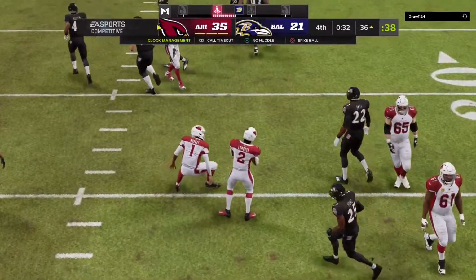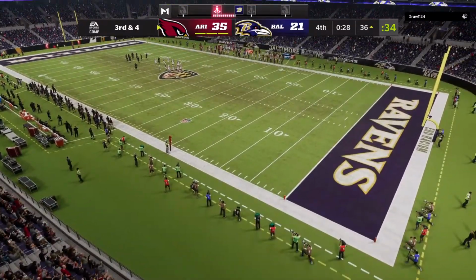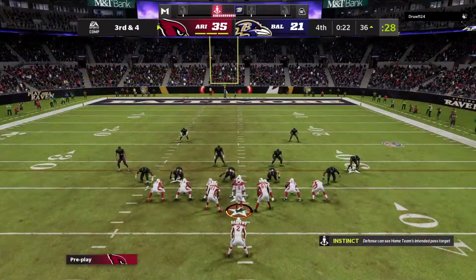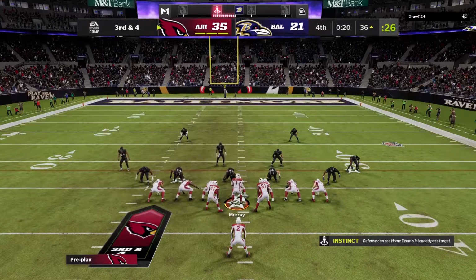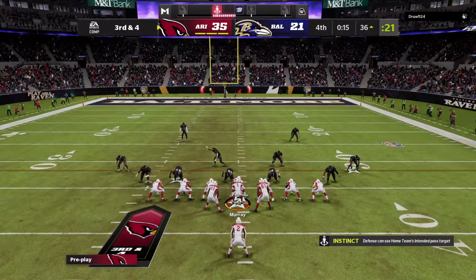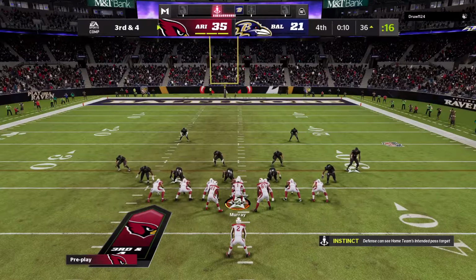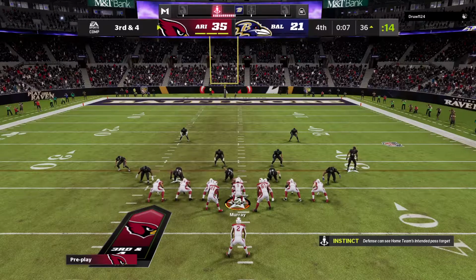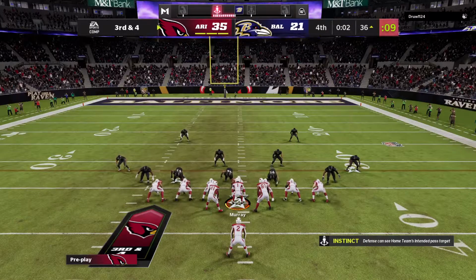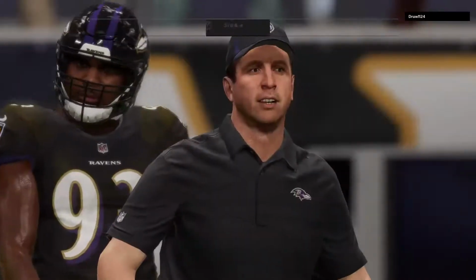99 yards on the ground for him now as he has gotten better, really, as the night's gone on. I guess the simple question, why not just take a knee there? I don't understand either why you would take any sort of a chance. We've seen it happen in the game of football. Doesn't matter whether you watch high school, college, or the NFL. Some people get a little greedy, try to get that extra running play in, and it can backfire on them. So it's a win here for the